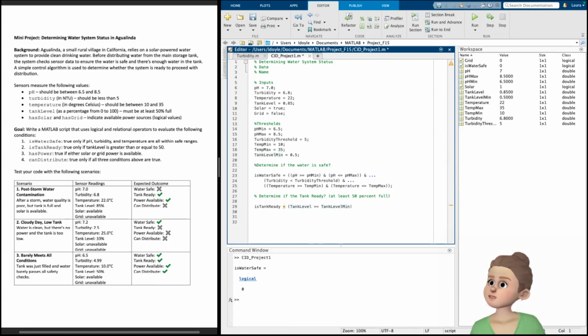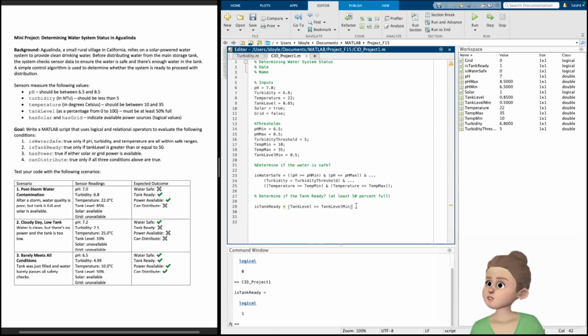Okay. So here, I'm just going to test it. My tank level is 85, so hopefully this will be true. Run this, and it is true, so that is great so far. I'm going to go ahead and put a semicolon on there, and then lastly, I'm going to determine if there is